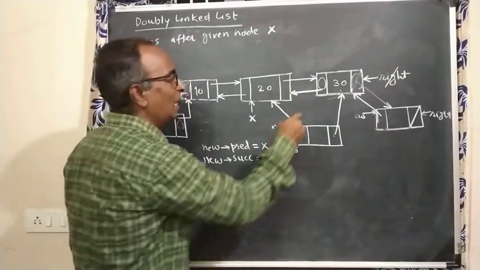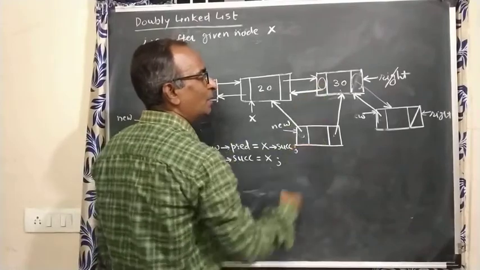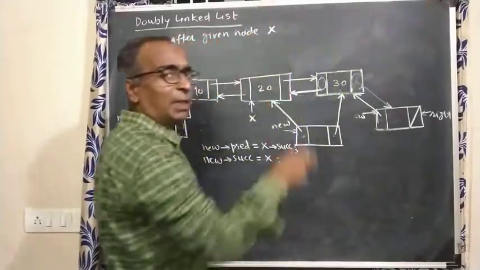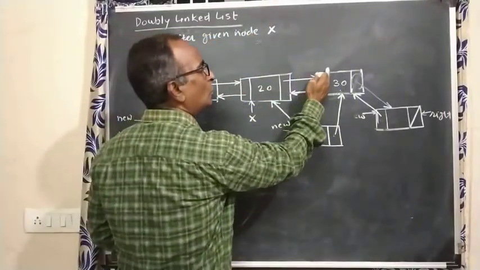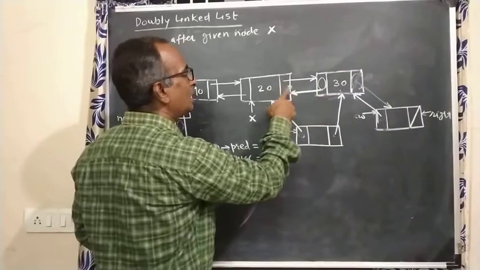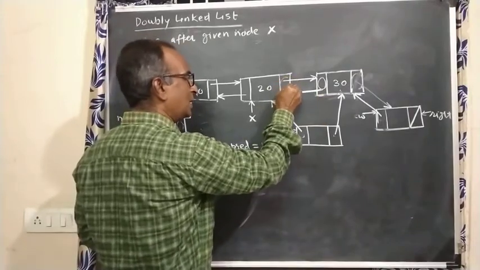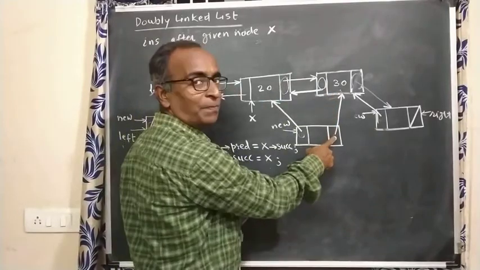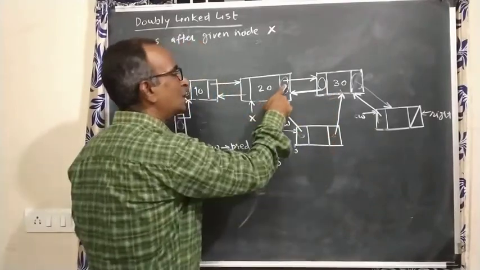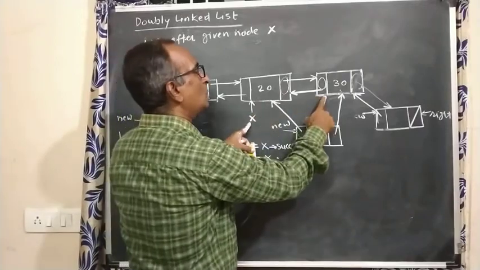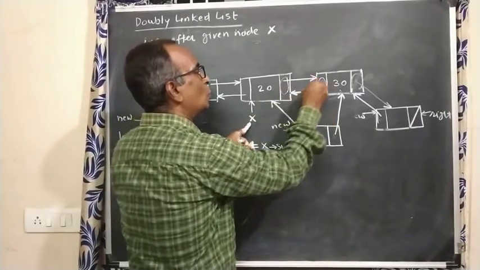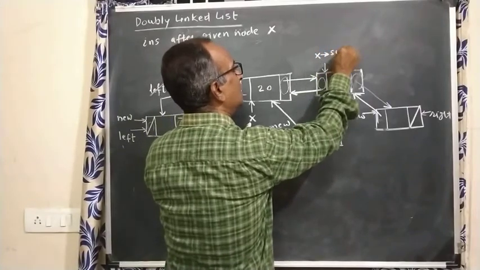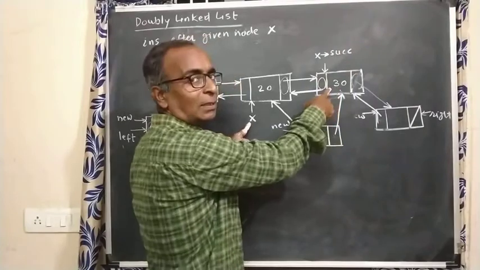See, for accessing this field, suppose this is not a rightmost node, the linked list contains many nodes. We don't know this node's address. Where is this node's address? At present it is here, as well as this node's address is here, right? Now I'll use this. What is this node's address? Here. So this node's address becomes X's successor. This node's address is X's successor.